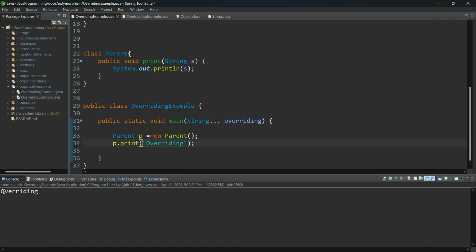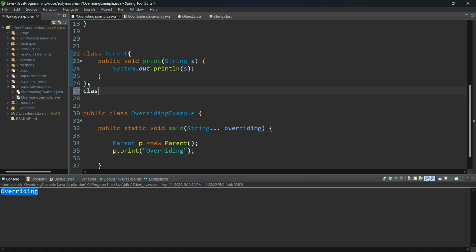I want to display everything in uppercase. Here, whatever string I pass, this implementation prints it straight forward. So I am trying to override the parent class implementation of the print method. So in that class, child